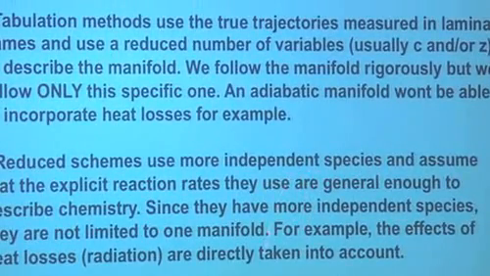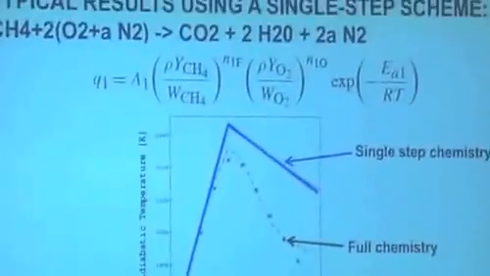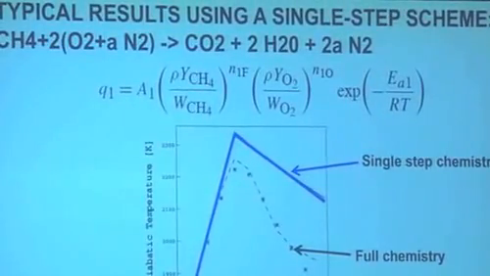They will also be more sensitive to numerical errors, as I mentioned before, because since they're using Arrhenius weights, these things are stiff in terms of numerical implementation. So that could be difficult. The nice thing about this method is that if you have, for example, heat losses, temperature will go down. Temperature is explicitly written in the Arrhenius weights here, so it will be naturally captured. While here, if you want to do heat losses, you need to build a new manifold and add one dimension to your problem. So let me show you some examples that were obtained with very simple single-step reactions.